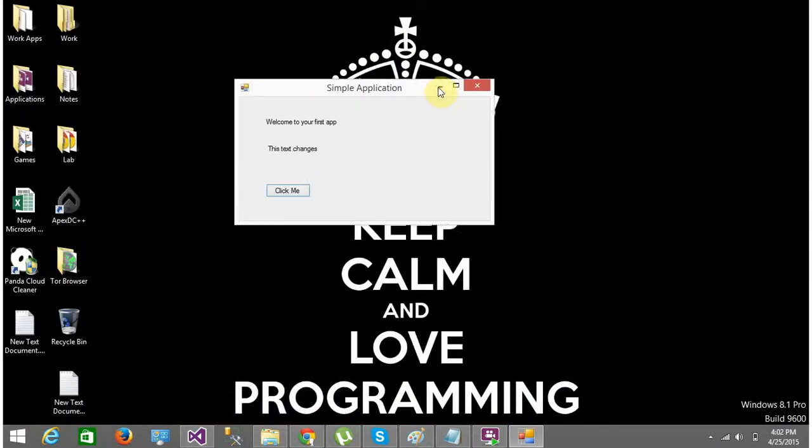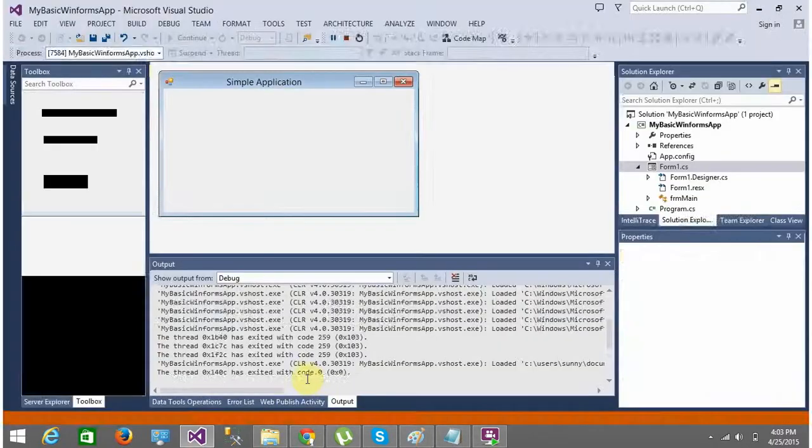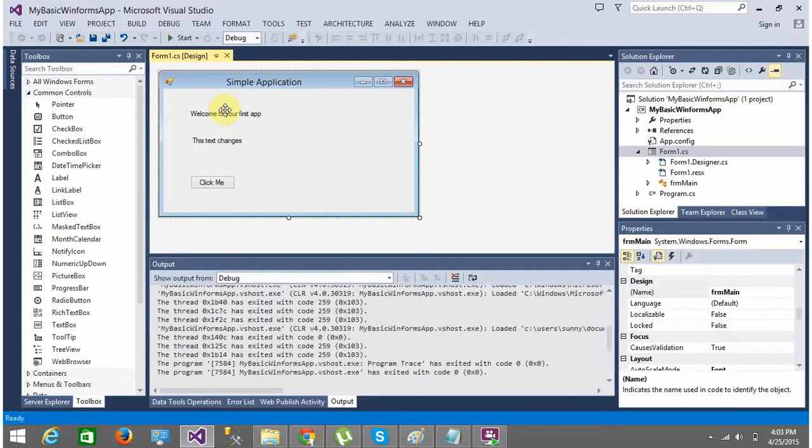Now again I start this program. So this is how my program looks right now. I perform a click on click me, but nothing happens because I have not told Visual Studio what to do when the user clicks on click me. Now clicking on this button is an event. So whenever the user clicks, something has to happen. As I said, we are dealing with event driven programming, right? Now let us define what should happen when you click on this button. The text should change.